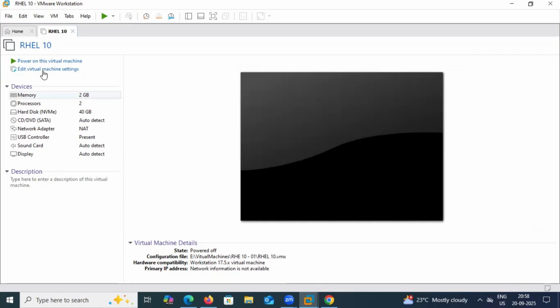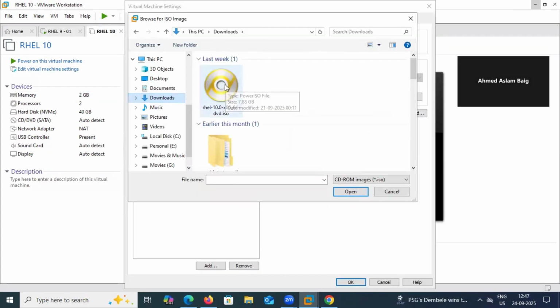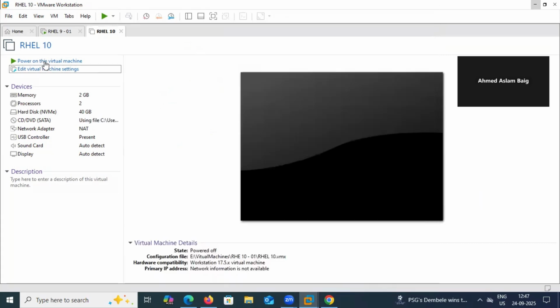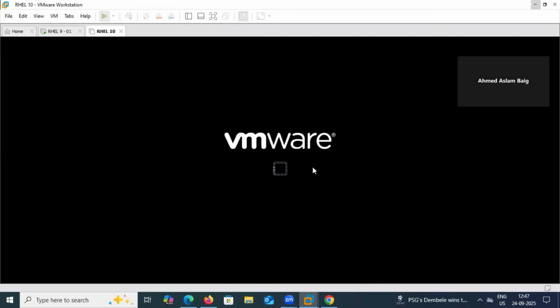Now we'll attach the ISO image and select the ISO image. Say open and say OK. Now let's start the virtual machine. Once you boot the virtual machine,